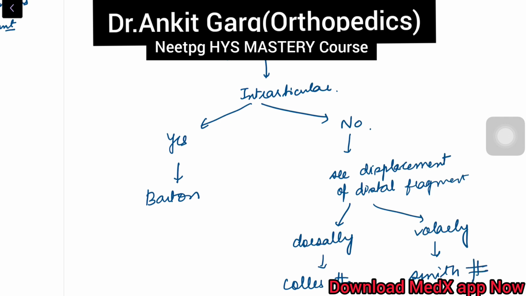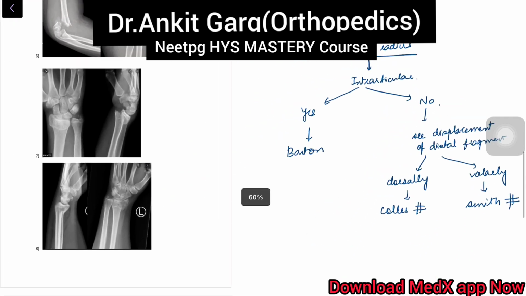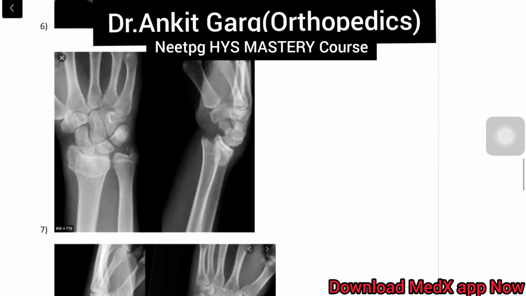Again, for the intra-articular fracture, we can go and discuss. But see, it's a simple case. There's a distal radius fracture, possibly an ulnar styloid avulsion also, and this is the line, and the distal fragment has been displaced dorsally. There is no intra-articular fragment. When you trace this whole line, it appears to be smooth. The fracture is around 4 to 5 centimeters before the end of the distal radius. So it is a Colles fracture.